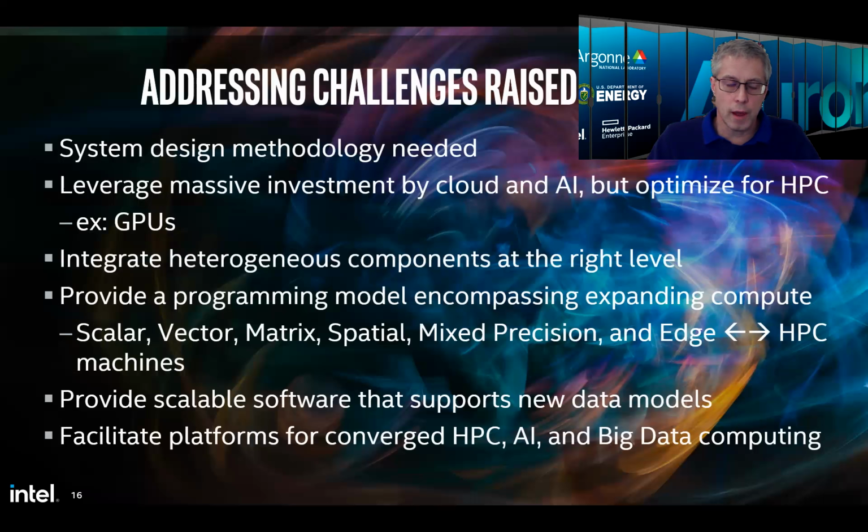We've also leveraged, for example, the work that Intel was already doing for GPUs. And we're also working at pulling the different types of components together, and we believe that going forward, we need to do this even more, at the right level. As folks who have seen a lot of the announcements know, we now have a oneAPI goal, but we recognize the fact that in a